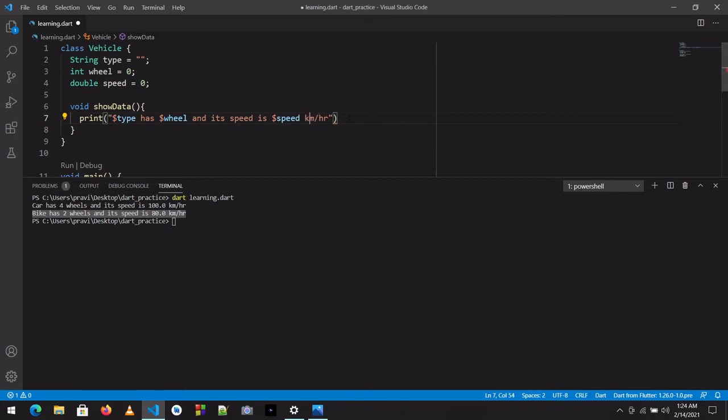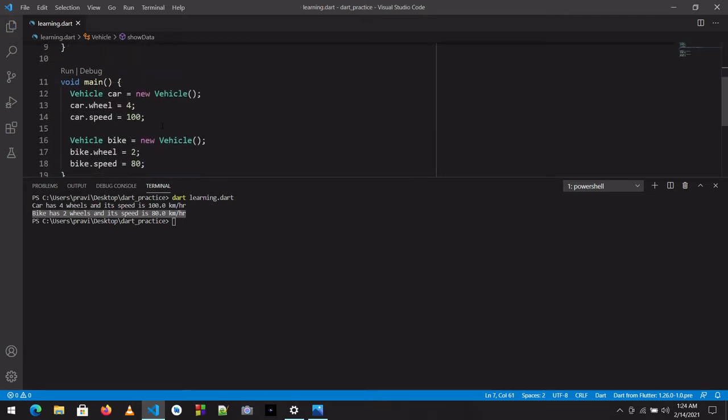Okay, so we wrote the function for representing the data of that object.